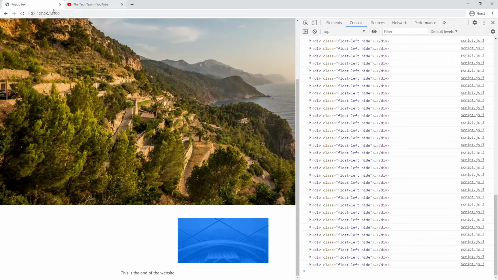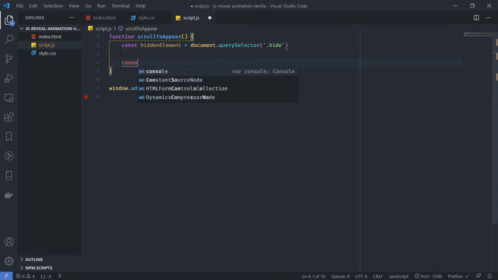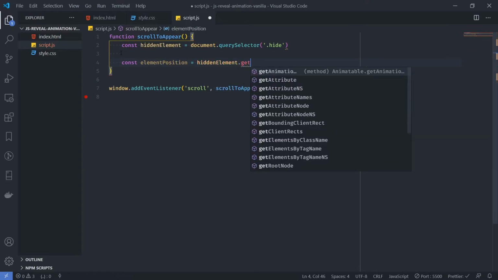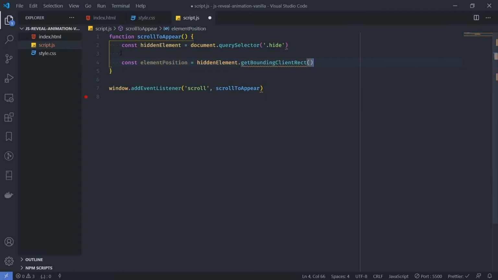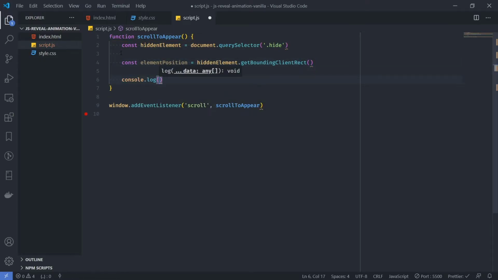So what we can do is say, once you scroll past a certain point, reveal that text. In order to do that, we need to get the height of the screen, and we need to get the position of the element. So let's do that now. I'm going to say const element position is equal to hidden element dot getBoundingClientRect. And if I save this and console.log element position,